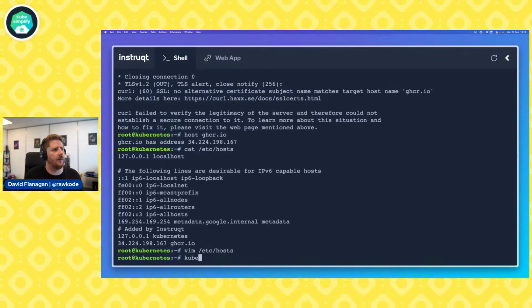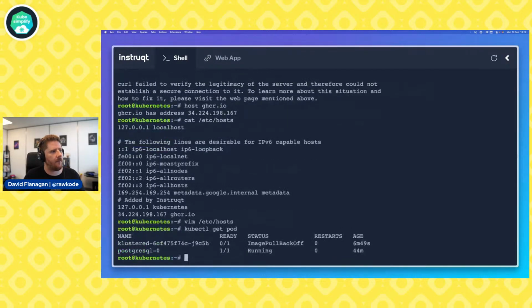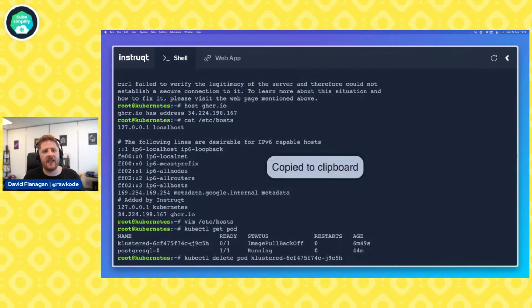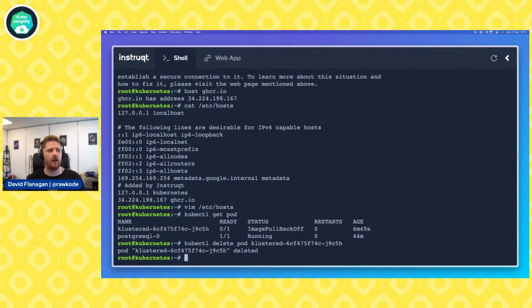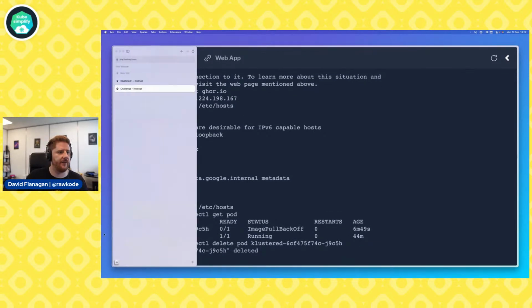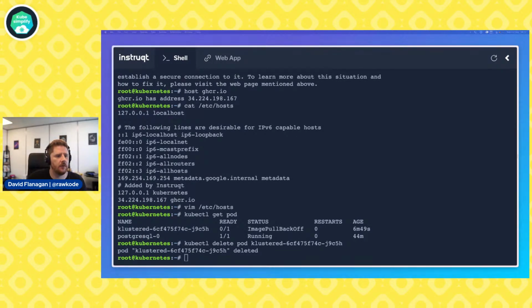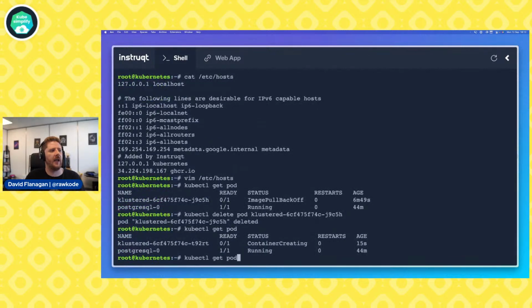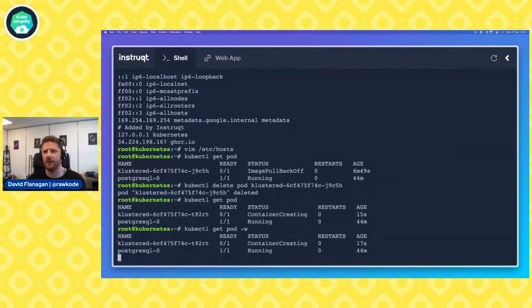We have to encourage it so you're able to try this again without waiting up to 4 minutes or whatever the backoff is now. So we are going to delete the current pod, which is stuck in an image pull backoff. Now we have container creating.